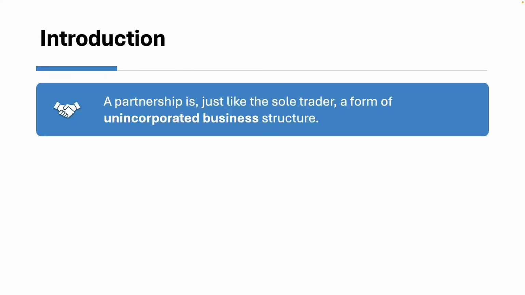And for those of you who want to know more, there's a video on looking at the distinction between the incorporated business and the non-incorporated or the unincorporated business. This is essentially how we can delineate, how we can categorize types of business structure. The sole trader is an unincorporated type of business structure. It doesn't go through a process of incorporation. Neither does the partnership, the basic idea of the partnership. You can, in fact, have partnerships that do have the process of incorporation, and we'll get to that in a